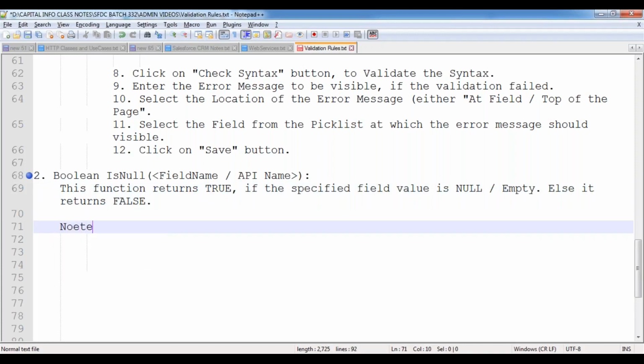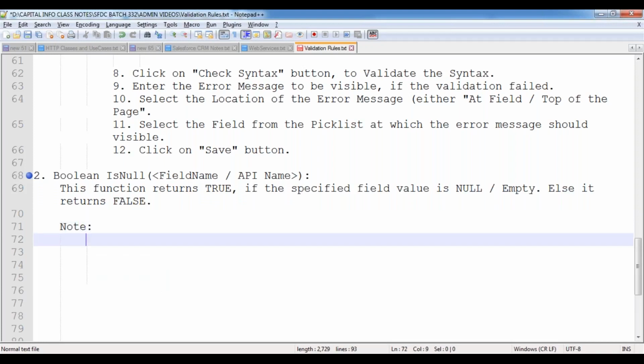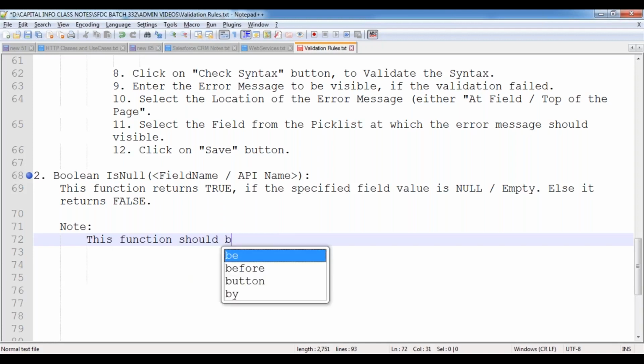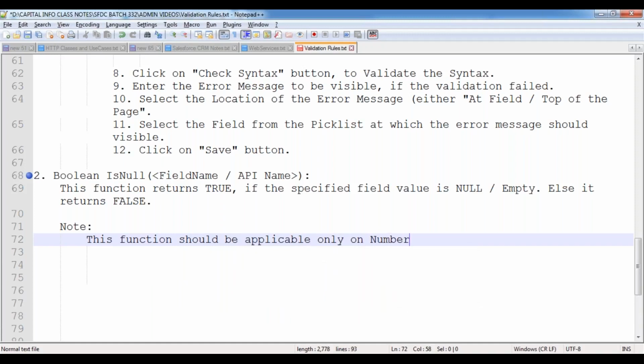Then what is the difference over here? Is null function can be applicable only on the numerical. This function should be applicable only on numerical data, numerical values.